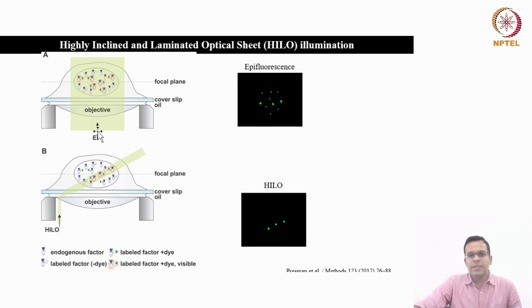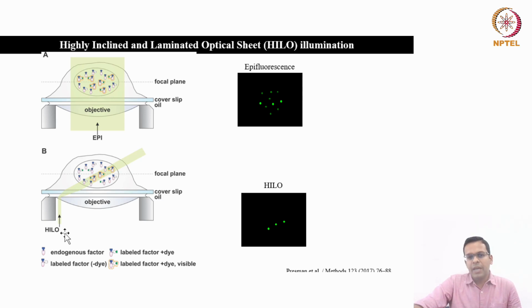So in epifluorescence, this is your sample, and this is your focal plane, and the light enters straight away from the sample and it illuminates the entire cell, okay. And because of that, you will see this kind of an image. Only the molecules which are in the focal plane, you can see them perfectly focused, but the other molecules which are above or below the focal plane, they will provide out of focus light, and that will create noise in